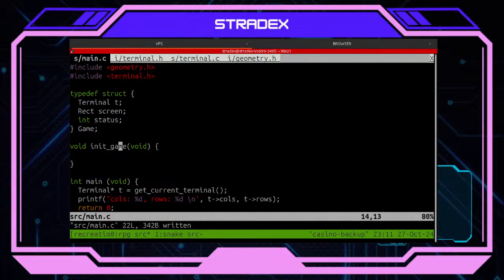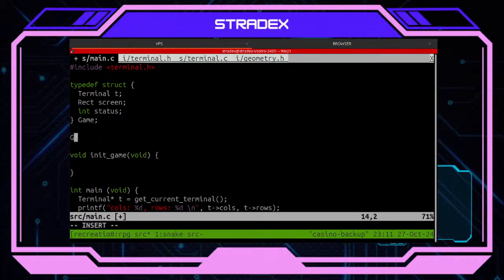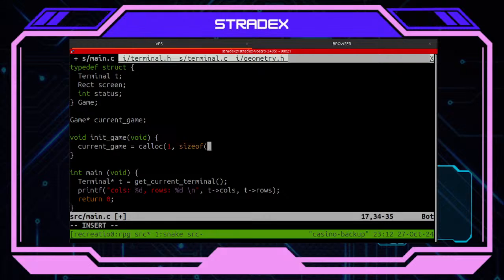I want now some sort of spatial game, and let's call it current game. When I initialize the game, my current game should be a catalog, one slice of current game. Okay, that's good enough, I believe.